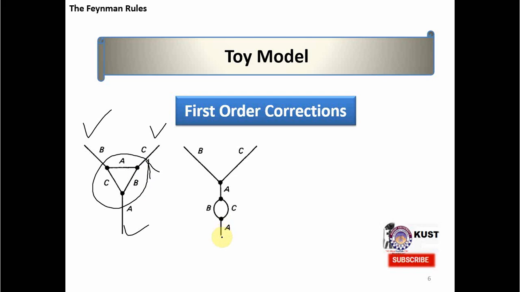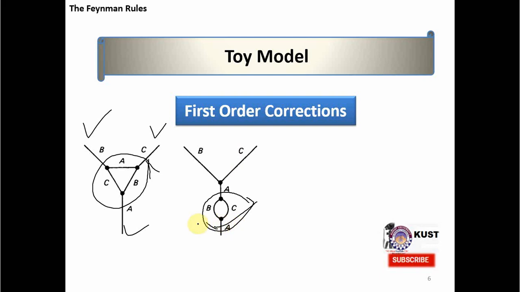For example, look at this diagram. On the line of particle A, we have a vertex where it decays into B and C, and then again we get a particle A and it goes up there. So here this is the internal line, and there are two vertices and one loop, but since again it's virtual, we will not be able to measure it. So we only measure A and B and C. This type of diagram also contributes.